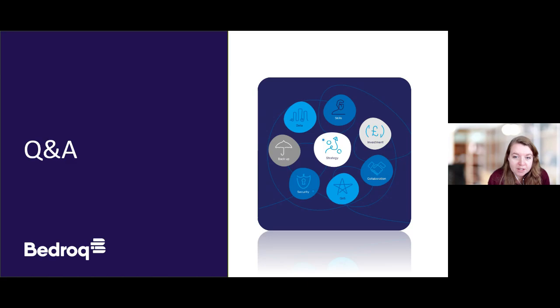The Copilot features, someone's asking about the Copilot licensing. Yep, Copilot licensing is a separate per user license for each of the people you want to be using those Copilot features on top of your standard Microsoft 365 licensing. So anyone that you want to be able to access those features and use those features will require a Copilot